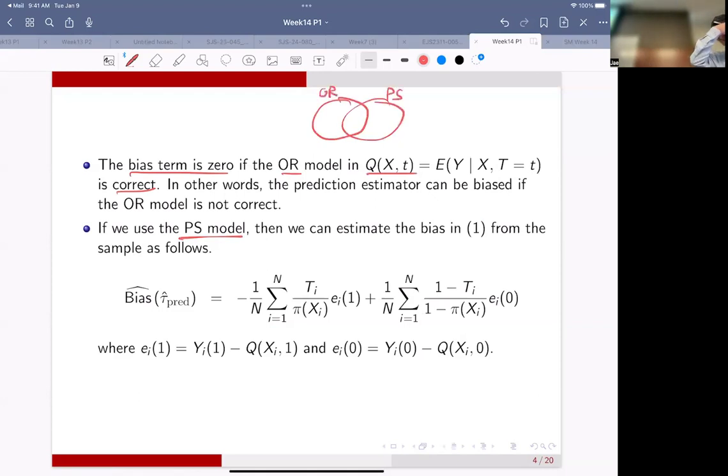This is our total space. We want to condition on this one, but we now think this part may be incorrect. Then we should treat this one as true. So if we assume that this PS model is true,